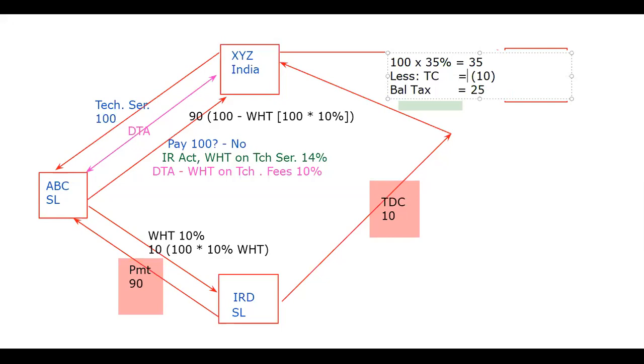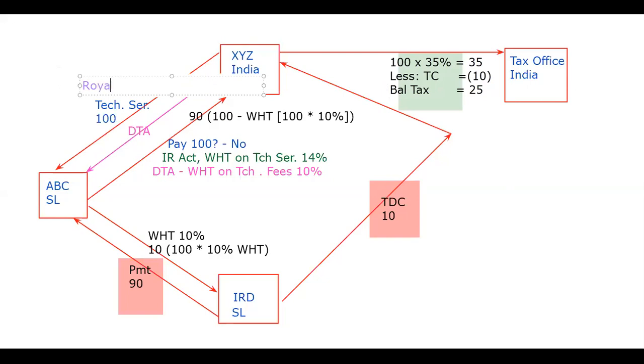Right? I think it is clear now. This is the return, this is how they are returned, the summary basic. This is the withholding tax. Then you can apply here not only technical fees, but also other incomes as well. Let's say royalty is also 10%. Then you can apply into this scenario.